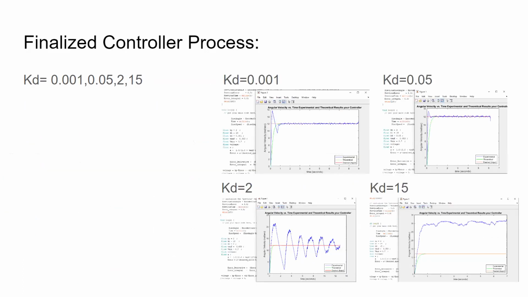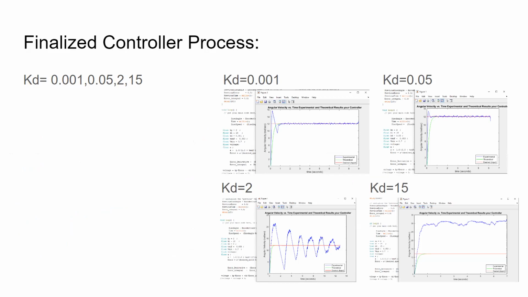With our KD value, we tried a couple of different ones to check what would happen if we varied from a middle value to a high value. Notice that 0.001 and 0.05 seem to give us some optimal options, but 0.001 gave us a super high jump at the very beginning, which we wanted to avoid, so we tried to mediate for that by increasing it to 0.05. 2 basically causes it to oscillate to 20 multiple times, or just big different values multiple